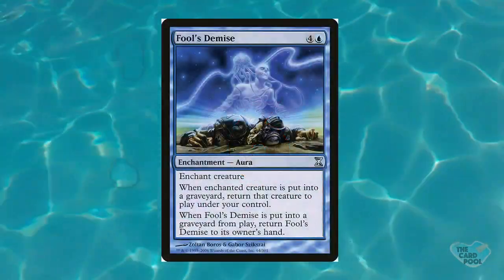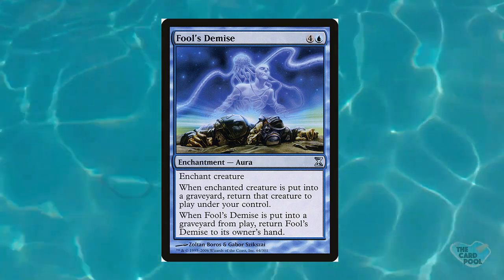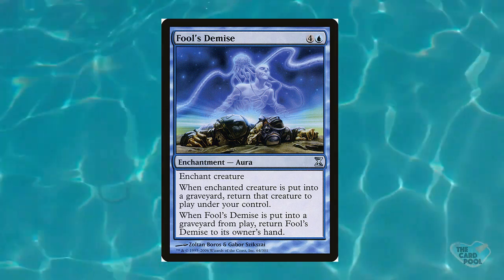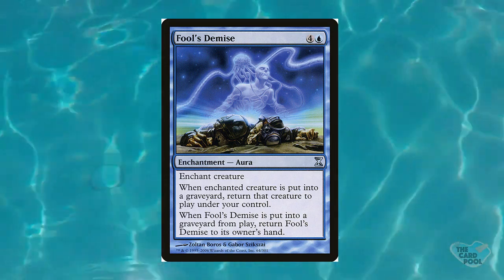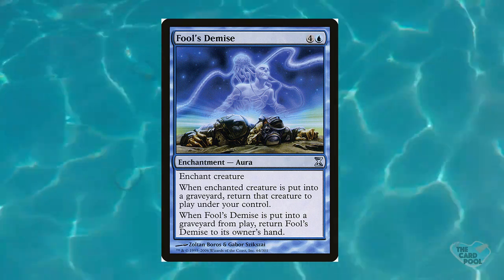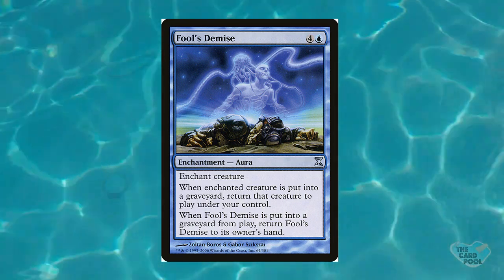But moving on to number 6, and this will be our final card for this video, my final card that is. So for my number 6 card, we're talking about Fool's Demise. Now this is a card which pretty much shows Kyle playing every game of Magic. It costs 5 mana, 4 generic and a blue, and it's an aura enchantment. Now it goes onto a creature, and whenever enchanted creature is put into a graveyard, return that creature into...